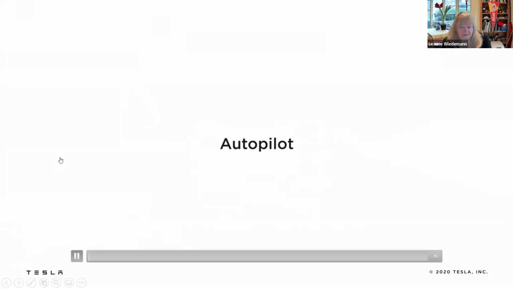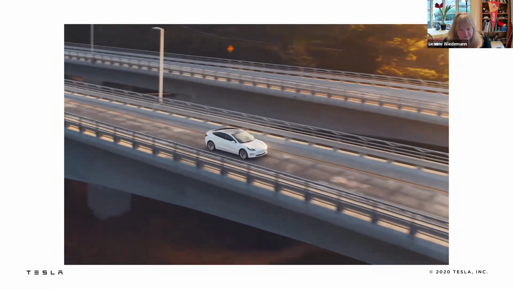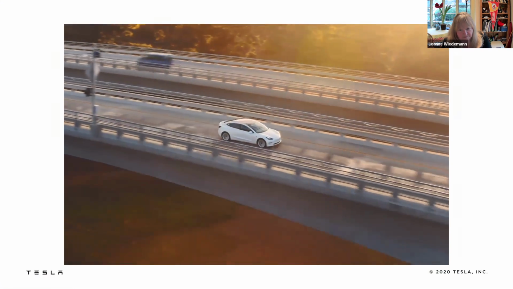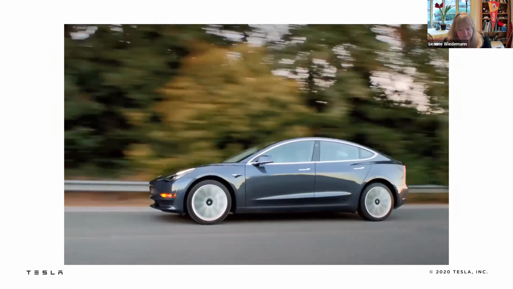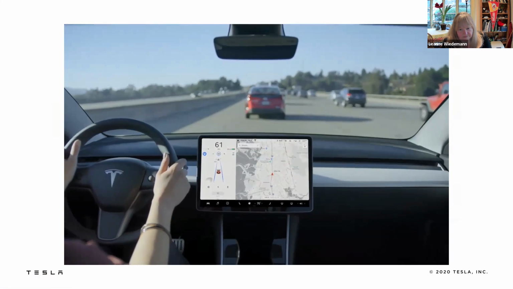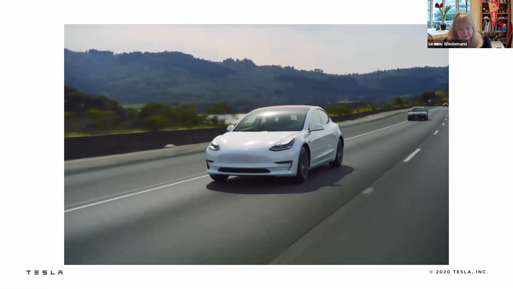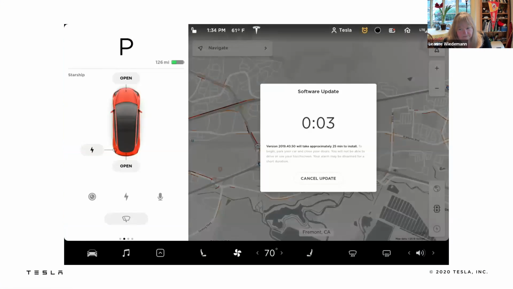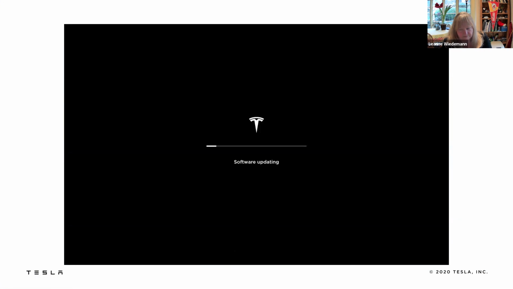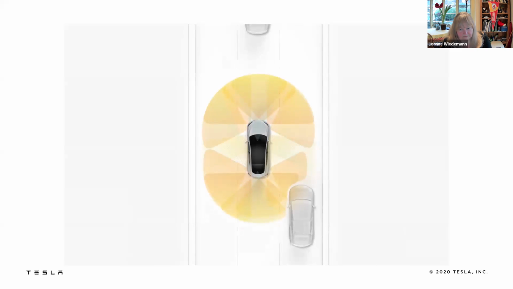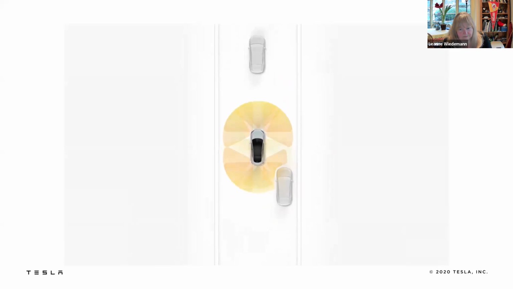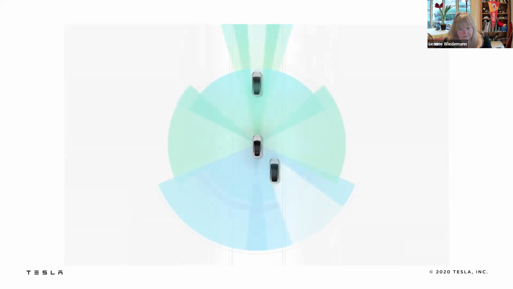Autopilot. For many Tesla drivers, autopilot is the very best part of Tesla ownership. With autopilot in use, driving is more enjoyable and you arrive at your destination more relaxed. And as with so many aspects of your Tesla, over-the-air software updates ensure that autopilot gets even better and more capable over time. Autopilot consists of active safety and driver assistance features that make your car safer and more convenient